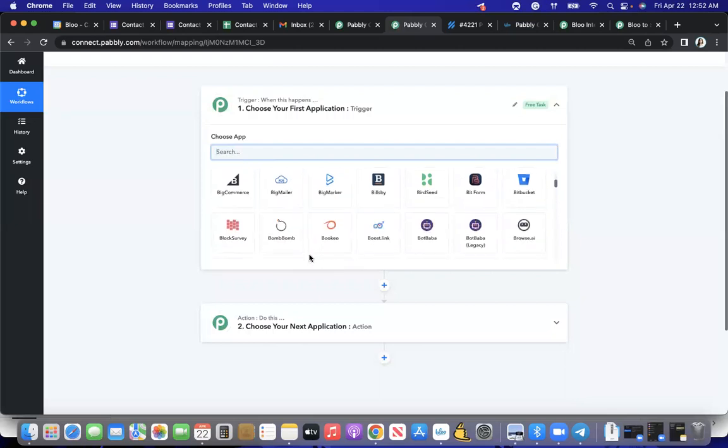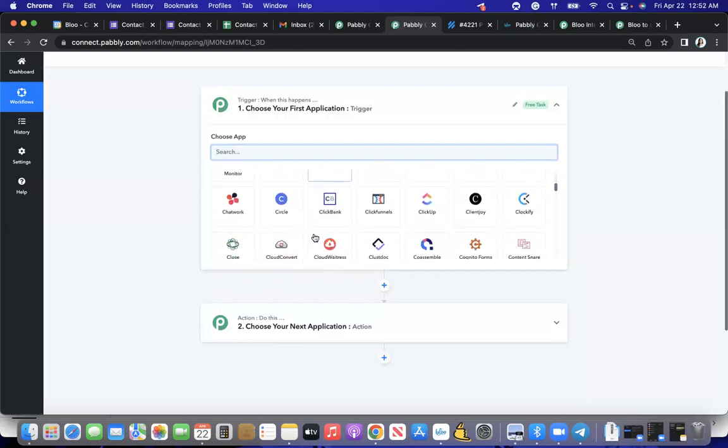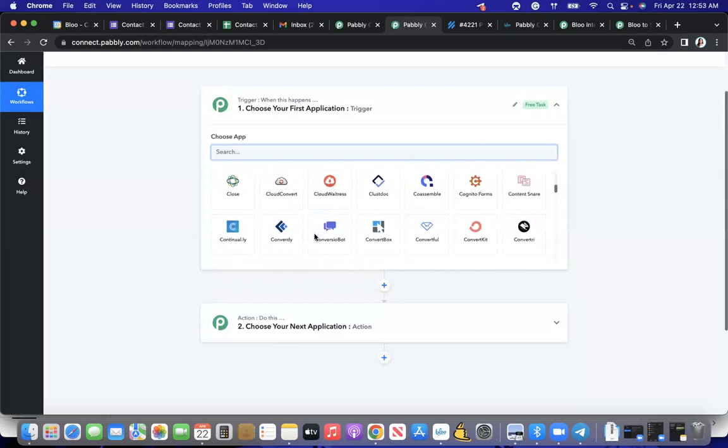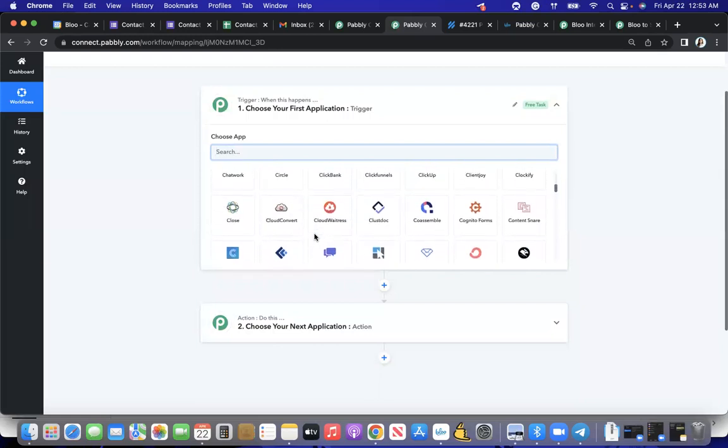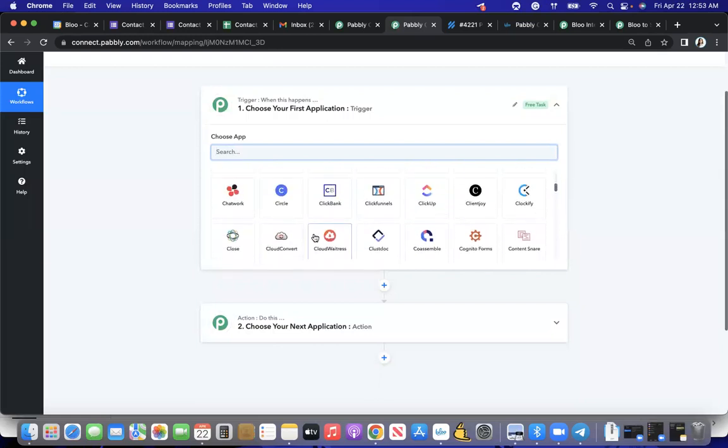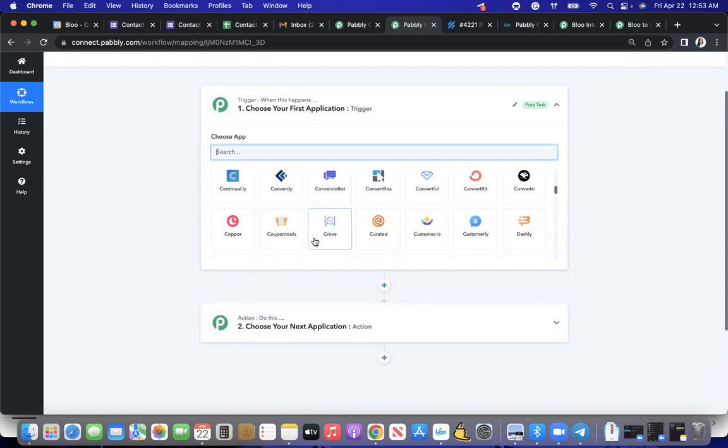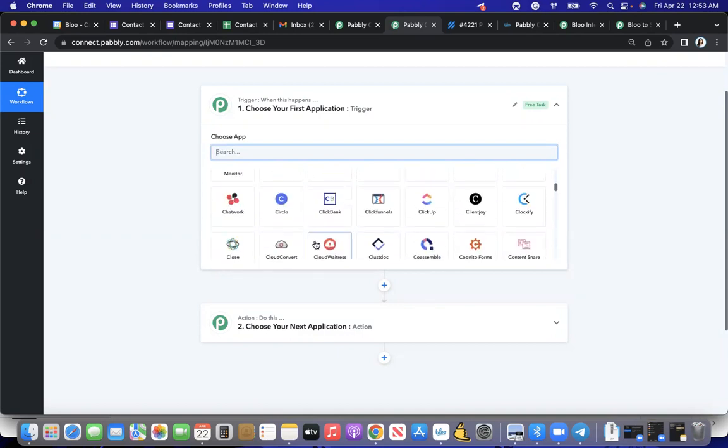So in case you're working with, let's say, a new lead, a new Facebook lead or anything, it automatically adds everything right on Blue. Since with Blue we have unlimited storage, you can actually do whatever you want, save anything right on Blue. So I highly encourage you to check out Pabbly Connect and just see what are some of the tools that might work for you. One of the tools that we work a lot with is circle.io,